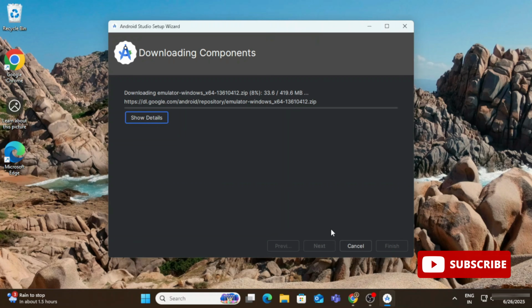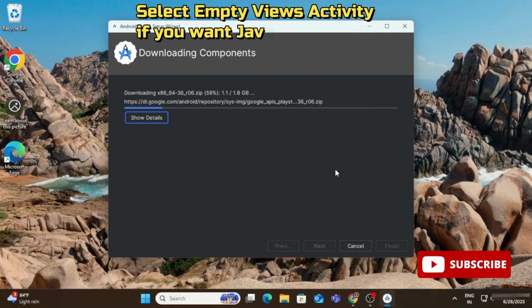So now it is downloading my virtual devices. So hence I'm saying you need a strong connection. We require installation of three things: Android Studio installation, and then installation of virtual devices, and installation of SDK. Okay guys, so it will take a while, so please wait. It takes I think around half an hour for completing all the installation. If your internet is good, it could be faster. Before half an hour also it could be completed.